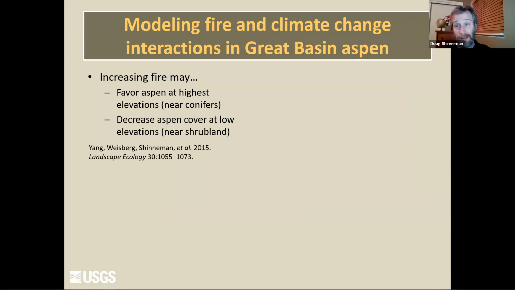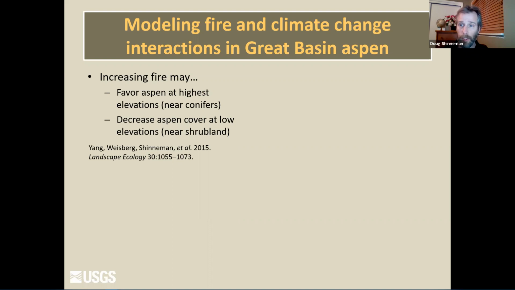And one way to explore hypotheses about the future of aspen is to use landscape disturbance and succession models that can simulate changing climate and fire regimes, but also simulate climate effects on regeneration, species competition, the ability of species to move and reproduce on the landscape, and so on. I'm only going to quickly summarize a few examples from my own research here, but in one study, my colleagues and I developed projections that suggest that more fire under a warming climate might result in aspen replacing some conifer forests at higher elevations, so potentially beneficial there. But that fire could hasten aspen's demise at lower elevations, especially where climate scenarios suggested that conditions would become increasingly